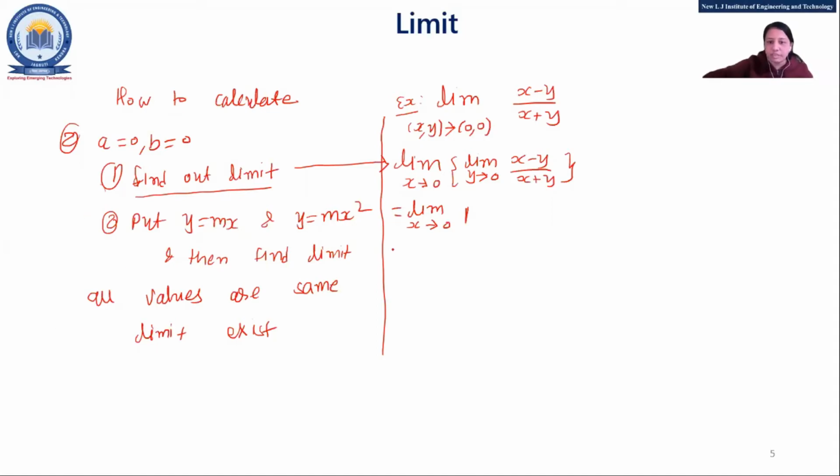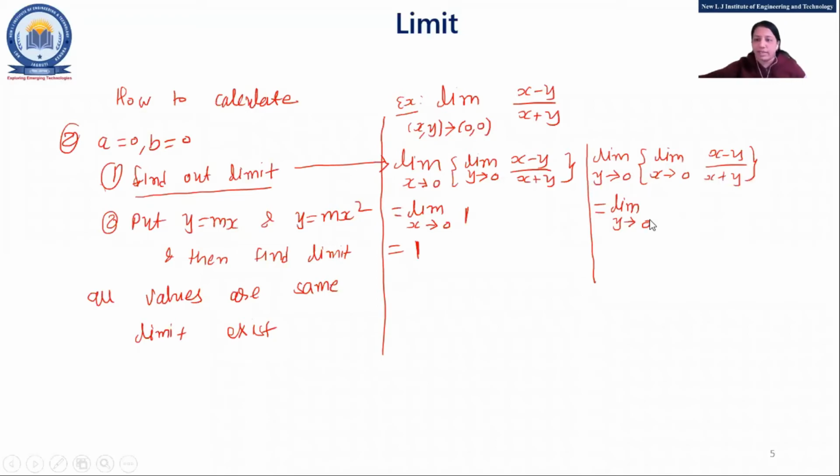Now, the answer of this limit, x tends to... here there is no x, right? So your answer would be what? x. Now in another way, I'll write here limit y tends to 0, limit, first I'll apply x tends to 0. Quickly find out the answer: x minus y upon x plus y.